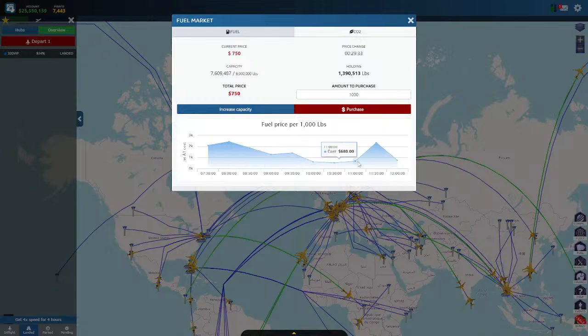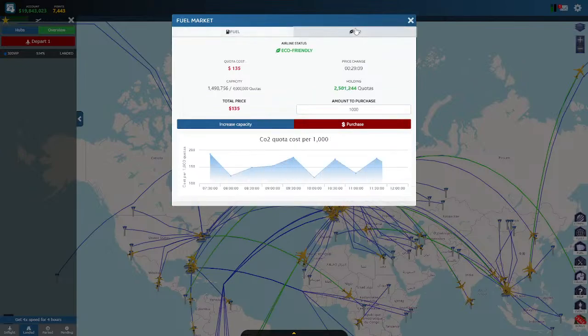Oh, now it went down, look. So 7,609,487. You see, now it's only 5 million. So I saved a lot of money by waiting and not buying it until now. And then I paid for, oh, I'll pay this too as well.